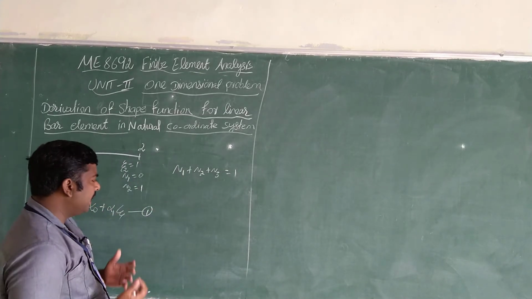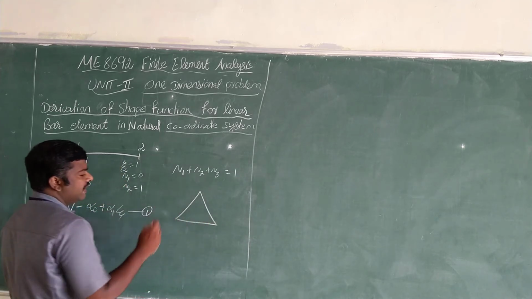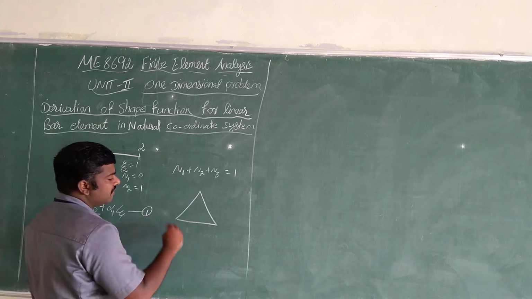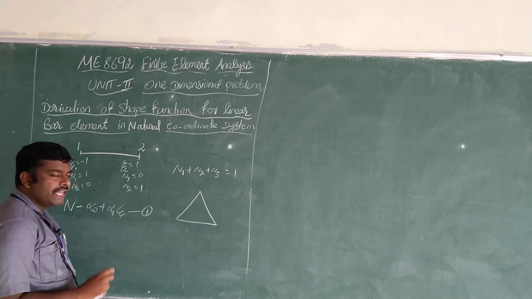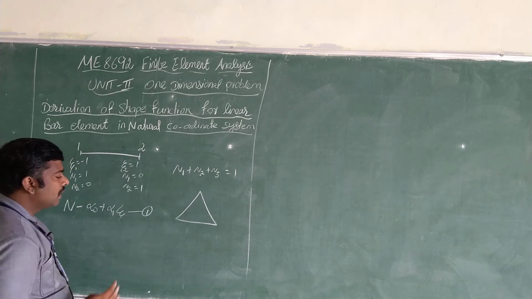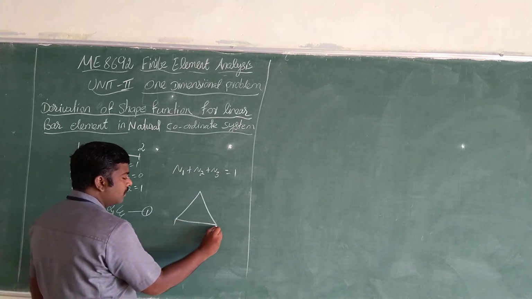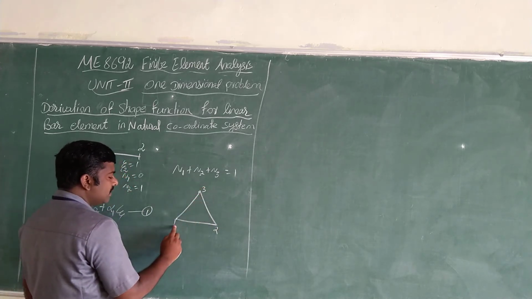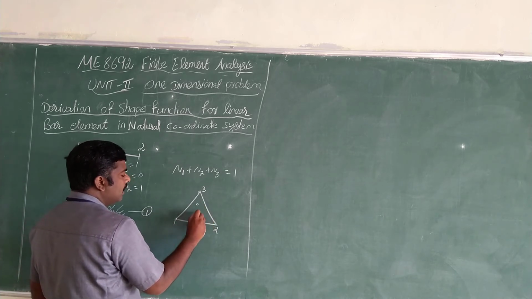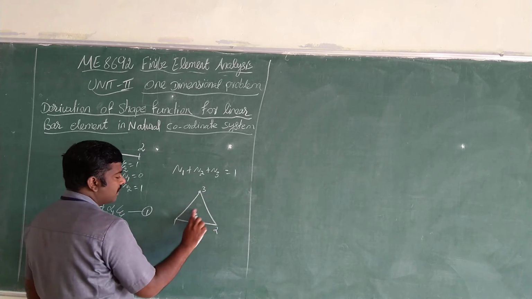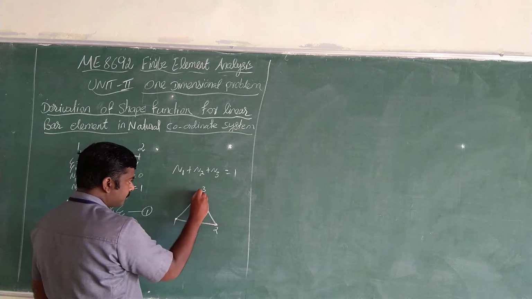Normally shape functions are mainly used for, we know in finite element analysis, one of the great disadvantages is this. Finite element analysis means the entire structure is discretized into smaller elements, and analysis is carried out only at the nodal points, and this analysis is known as finite element analysis. Consider this is node 1, node 2, node 3. So these are the nodal points. We consider these are some non-nodal points, and these are nodal points.